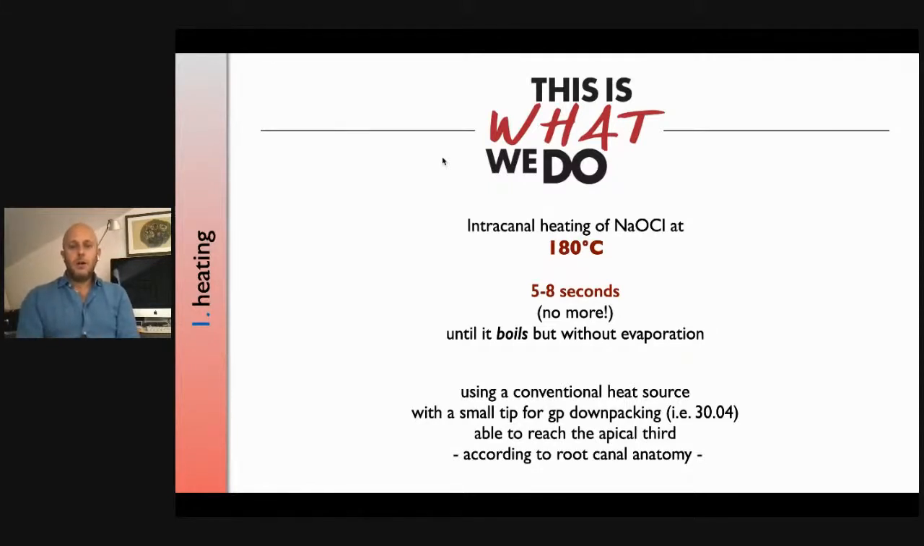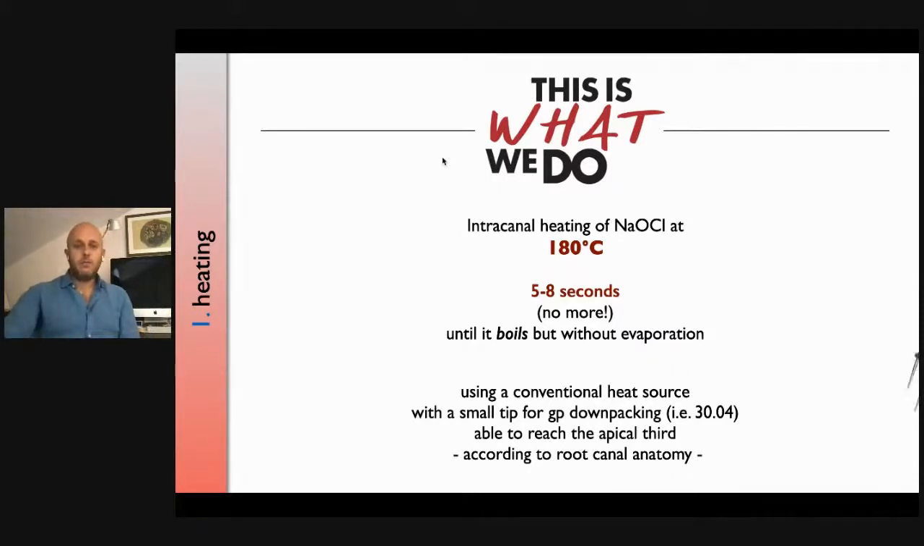the boiling temperature of the irrigating solution, but without evaporation of the irrigating solution, because if the irrigating solution evaporates, it can leave inside the canals some salts. So we have only to reach it in a few seconds, and in the videos I will show you after, you can see that in 1, 2, or 3 seconds the sodium hypochlorite can boil inside the root canal in a very safe way, because we don't hit the root and the periapical tissues, or better, we cannot reach risky